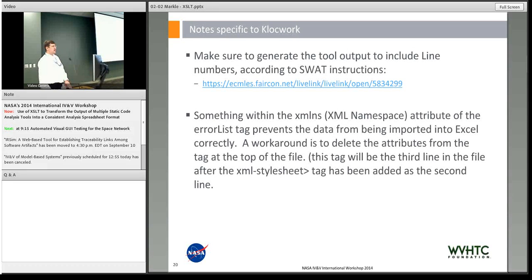The last little thing to mention are some notes specific to Clockwork, one of the tools that we use. The latest version of Clockwork doesn't export line numbers by default, so our software tools team has a method of getting the line numbers. So there's a link here giving you directions on how to do that. And then this second one doesn't really